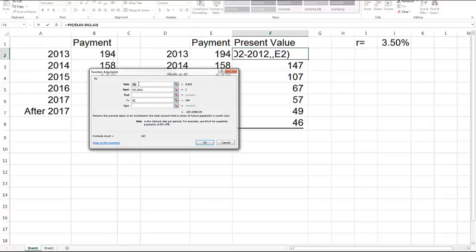So it puts in the interest rate. Of course, I could have just typed it in as well. For the number of periods that we're discounting the cash flow back, I've taken the year, so 2013 minus 2012, so I'm discounting it back 1 year. There's no payment, but instead we're just discounting back this future cash flow of 194 to present value terms, and